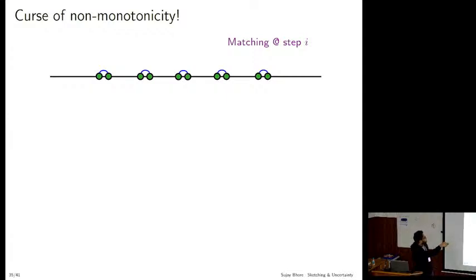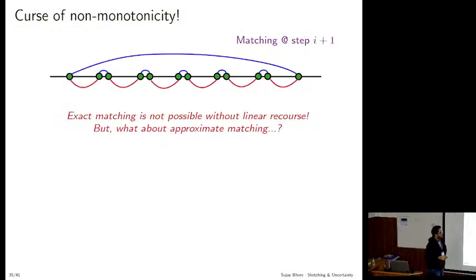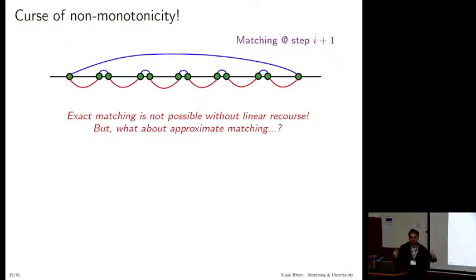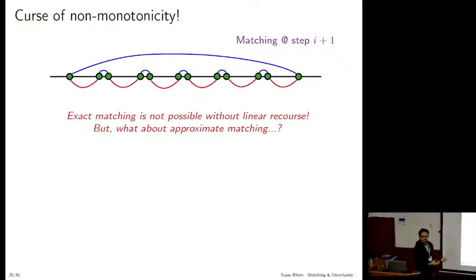So let's say that we are dealing with step i, and these are the pairs that the adversary inserted so far. It is obvious what the matching is. You cannot do anything else because otherwise the cost of the matching will just increase. It's not competitive to any solution. So the adversary looks at this scenario and inserts 2 points right at the 2 ends. If you want to maintain an exact matching, you have to flip through the entire solution. There is this concept called recourse, which is how many changes you can make. If you don't want to make any change, you can't do anything for matching.